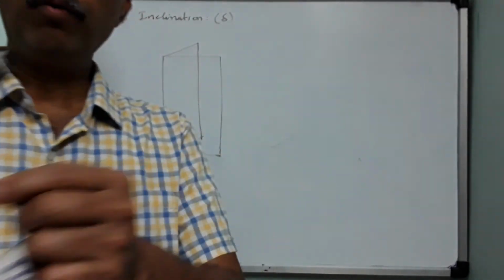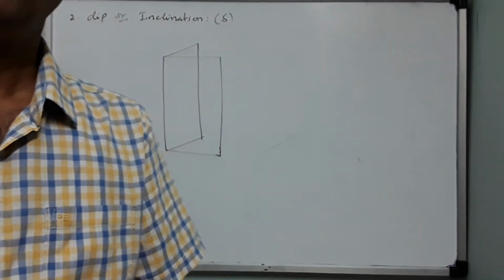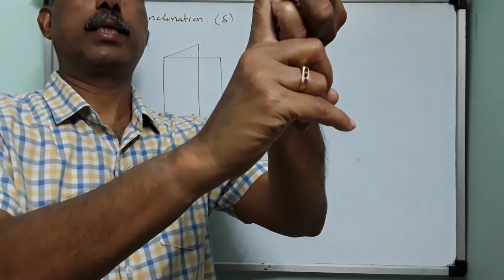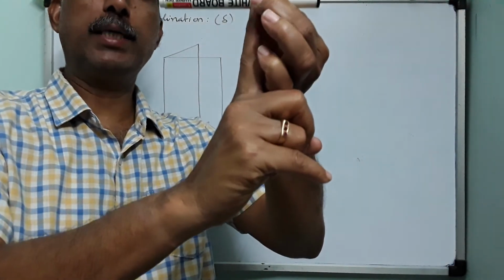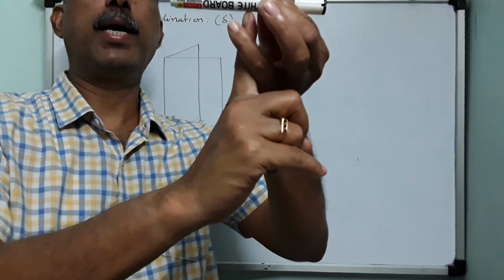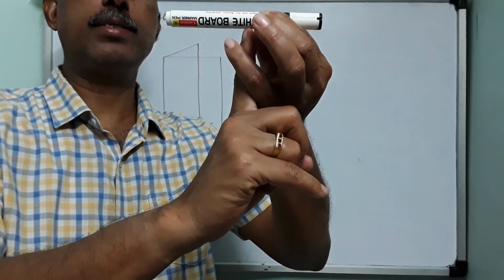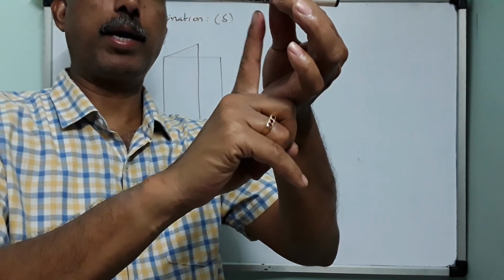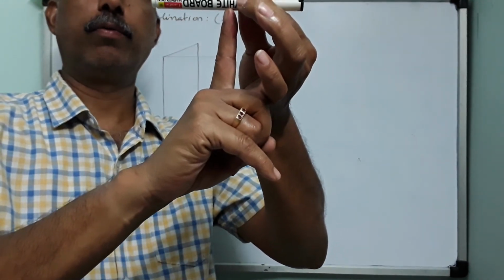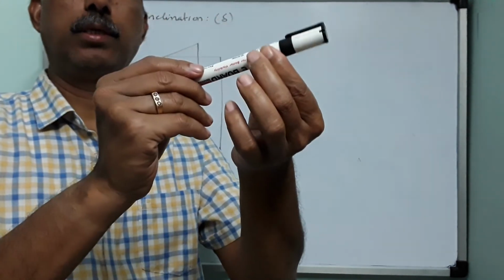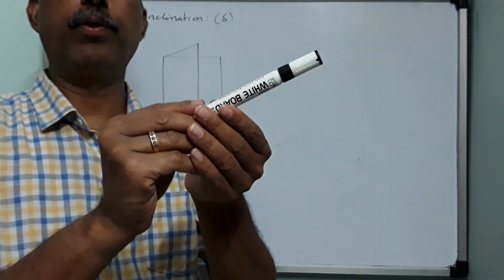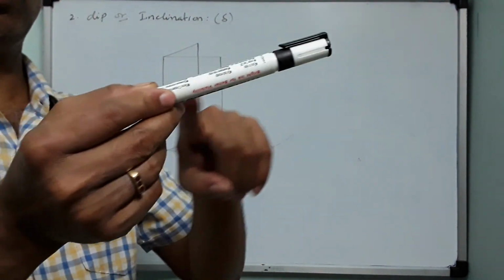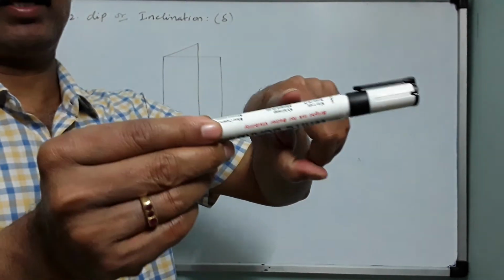So for your compass needle, the pivot is like this, that means the axis. So a compass is a horizontal needle, a magnetic needle that rotates about a vertical axis like this. Now to calculate the dip, what we do, we make it rotate about the horizontal axis. We make the axis like this.